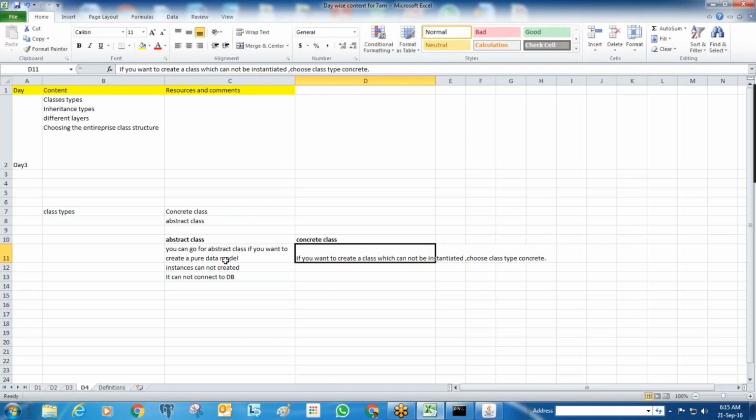If you want an instance, or if you want to create an object for a class, then go for concrete class.